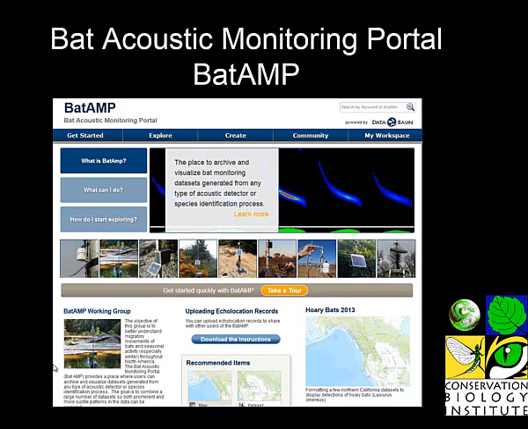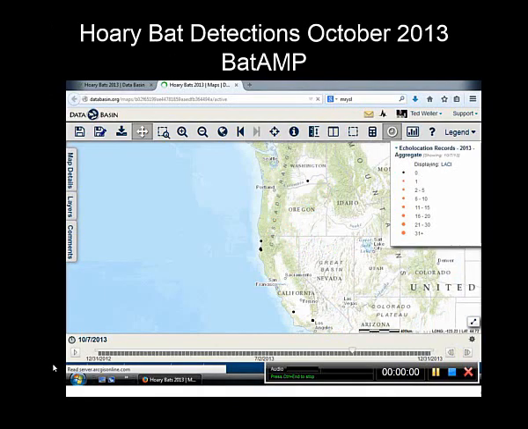And this allows users to upload data sets like the ones I just demonstrated to you, so that we can compile those data in one place and then visualize patterns in those data. So I'm just going to lead you through a few examples of the visualizations that we've done up to now. This is one of the first ones I had. Each of these little black dots on here is the location of a detector that's operating. And then as we detect, in this case, hoary bats, those dots become orange and grow larger.